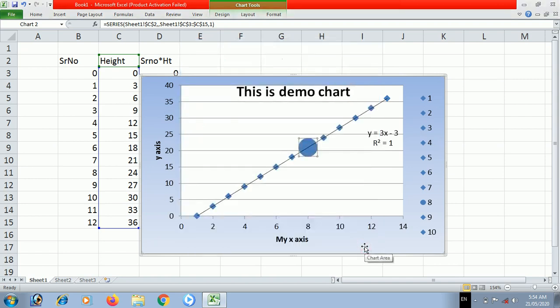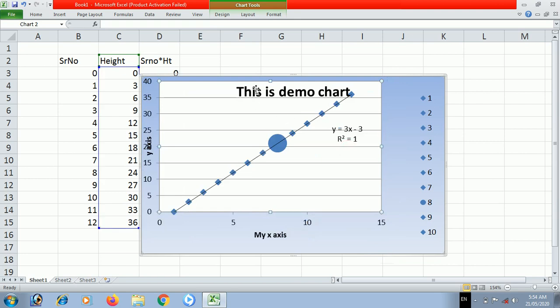Close. Size got selected. Only one marker got selected. If I select all, those markers will get changed. And if this is unknown, then this facility will be very helpful to distinguish unknown from your standard values. Okay. That's it for scatter plot.